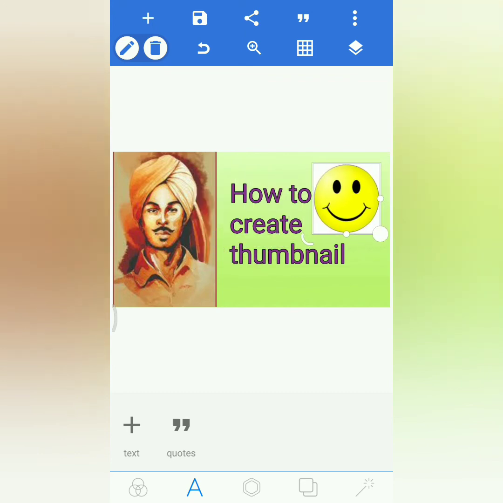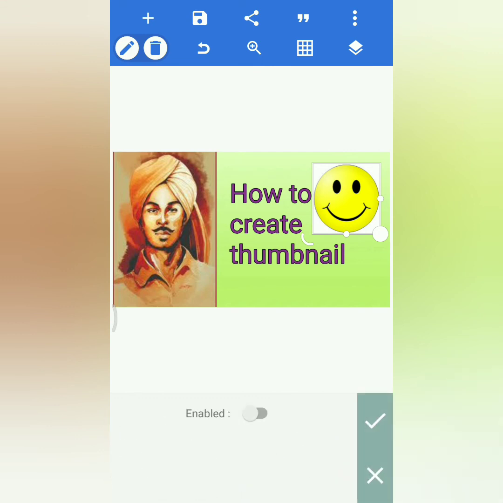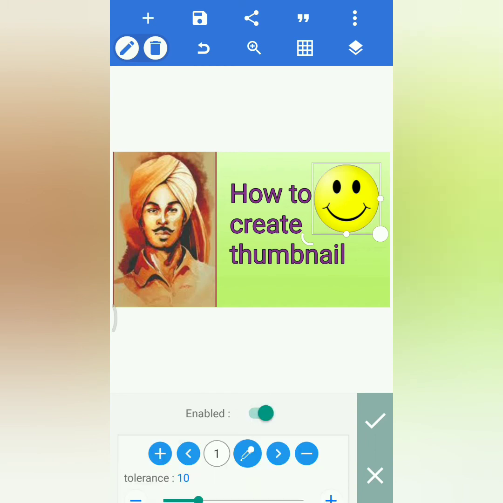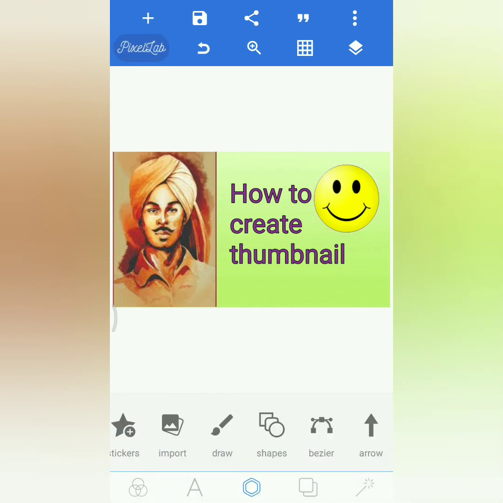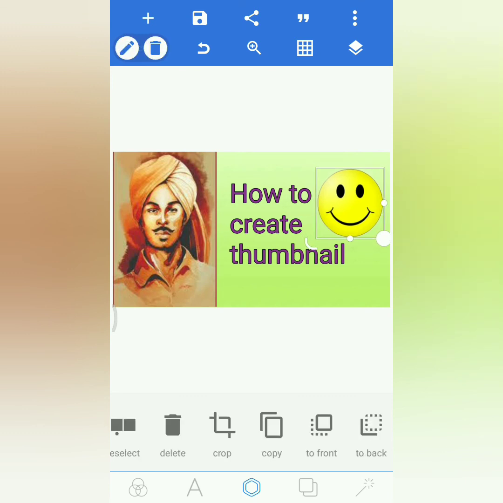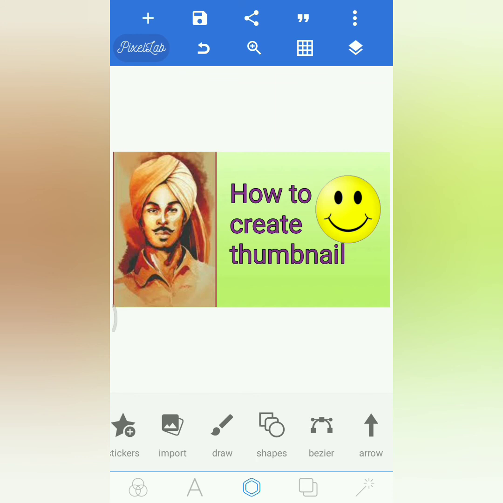Here the picture background is white and the actual background is green. So I want the picture background to be green. What can I do now? Beside a symbol there is another symbol, right? Click on that. From that click on the erase option, the erase color option. Just enable it. Yeah, see, the background is green. So you can keep it wherever you want, and you can fix it. See how it is. So you can create a number of thumbnails, or any kind of thing, whatever.